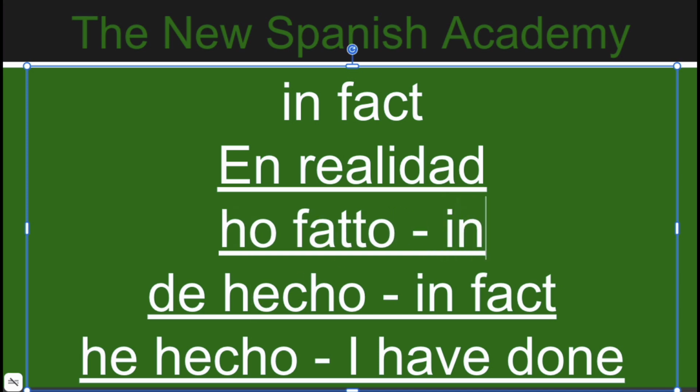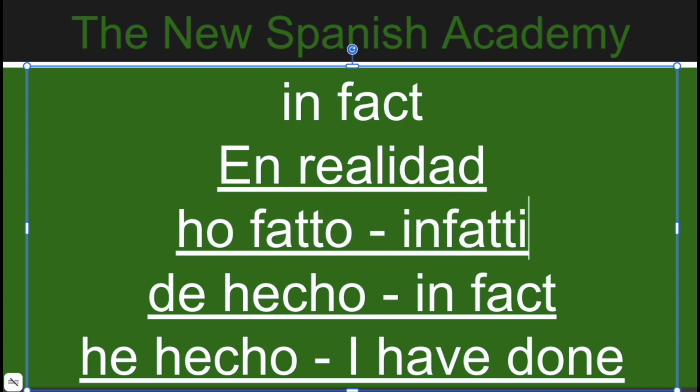And if you say infatti, it means in fact, because it's similar. Then you see the connection with having done here and why in fact in Spanish comes from the same origin as having done, which is this one here,